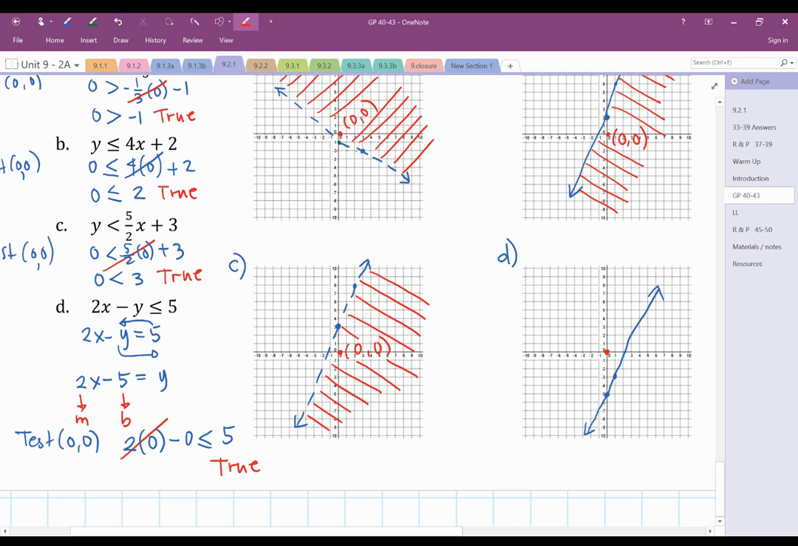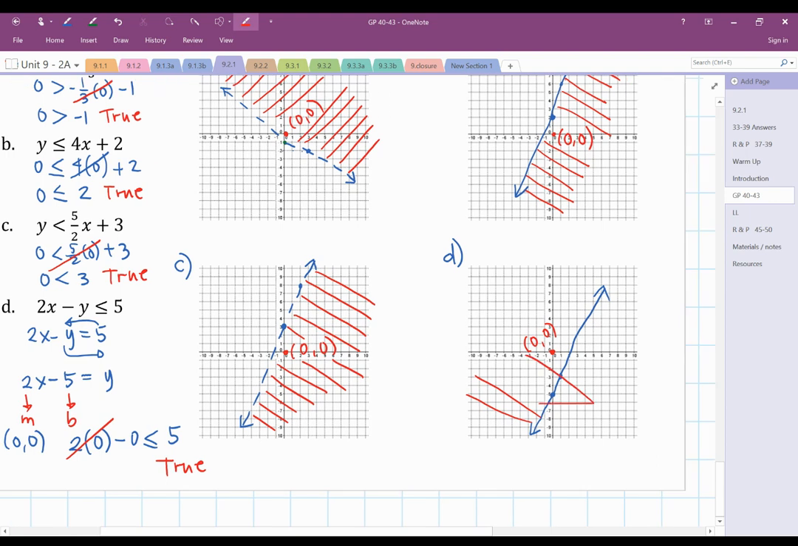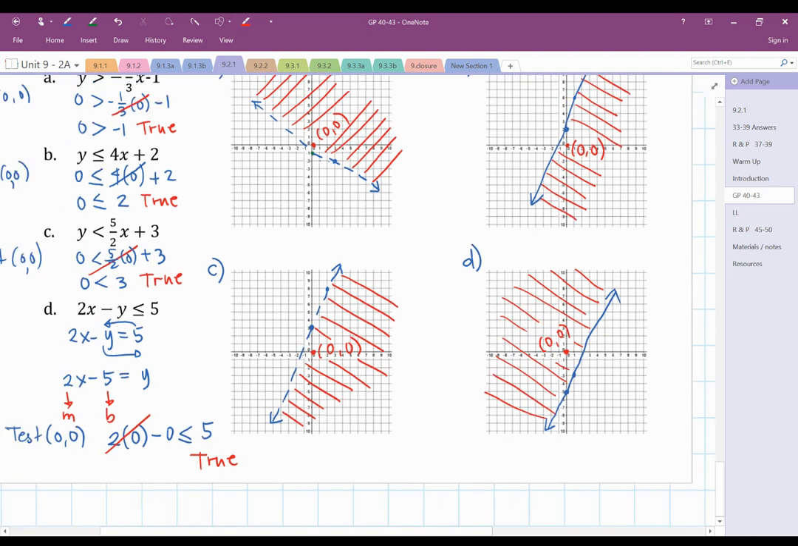So if it's true, therefore, our shading is on the left side. So this is our 0, 0. So whenever our 0 is tested, it's always true. So this is our shaded region where 0 is. So that's the last part of our weekly